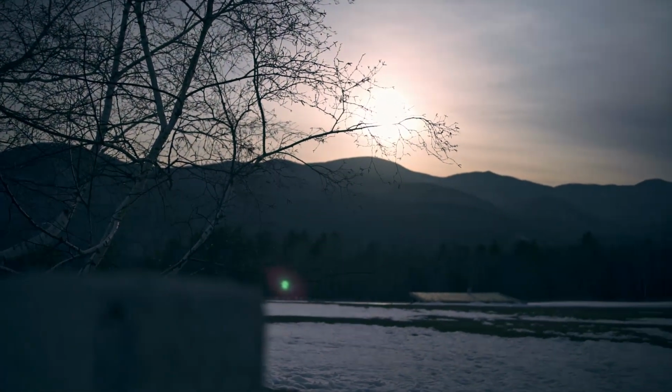Is autofocus on? I hope I'm in focus. Yeah, I'm in focus. I'm planning on going to Vermont for the next week or so, and I'm planning on